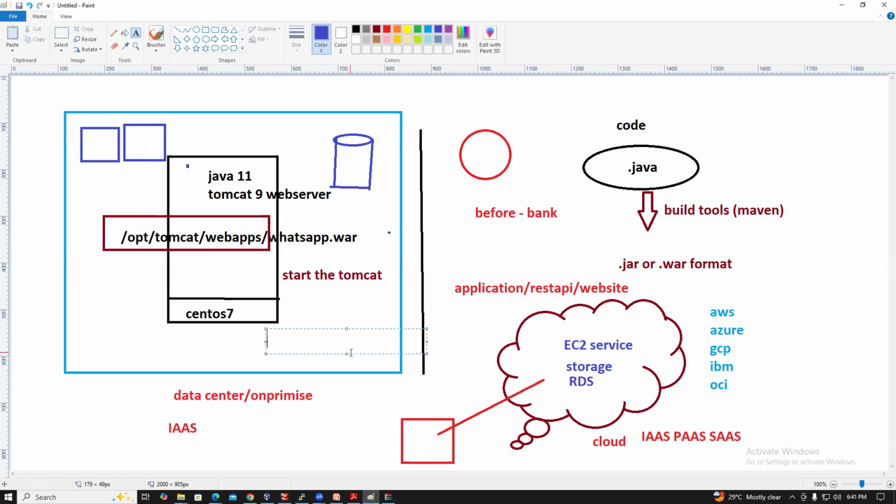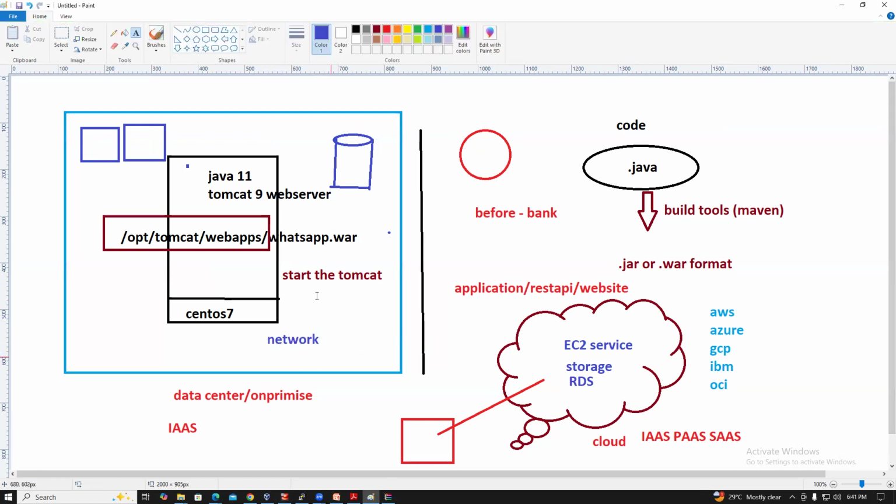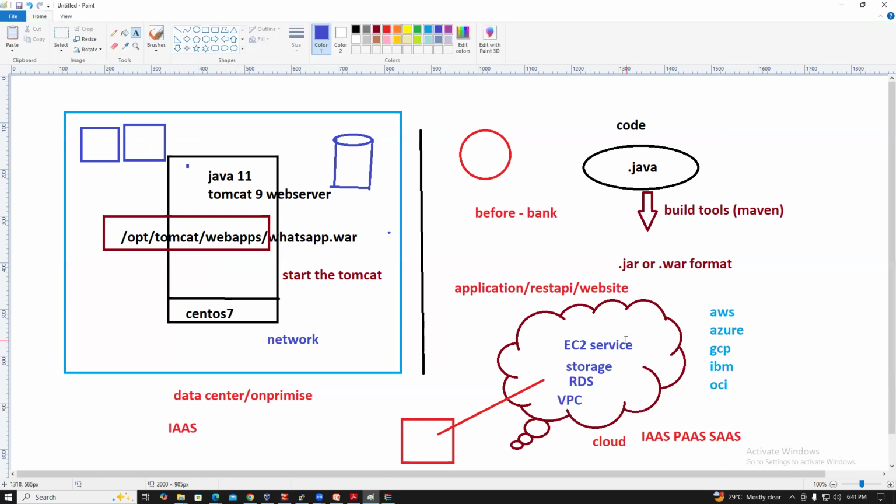And in the networking part, manually we would provide the network and internet. Here they provided a service called VPC, Virtual Private Cloud. So they provide the network. So we have the EC2 service, storage service, RDS service,